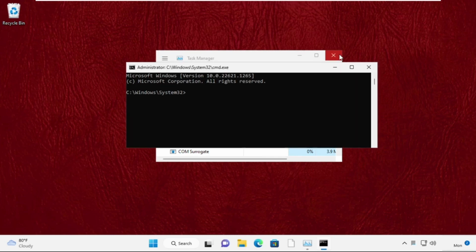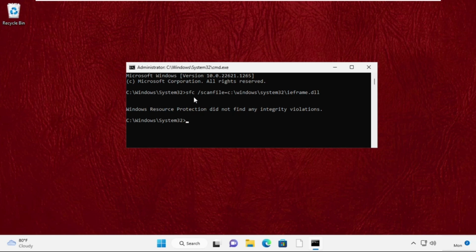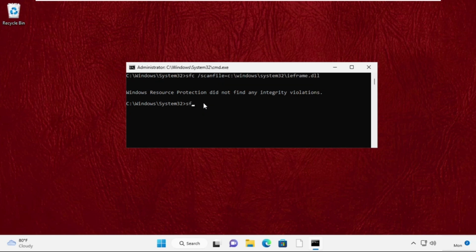Now this will open a new command prompt window. Now type these two commands very carefully to fix this issue. Type in sfc space /scanfile equal to c:/windows/system32/ieframe.dll and hit enter to execute this command. Once done, move to the next command, that is sfc space /verifyfile